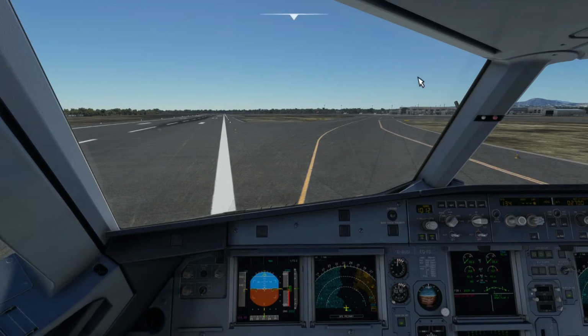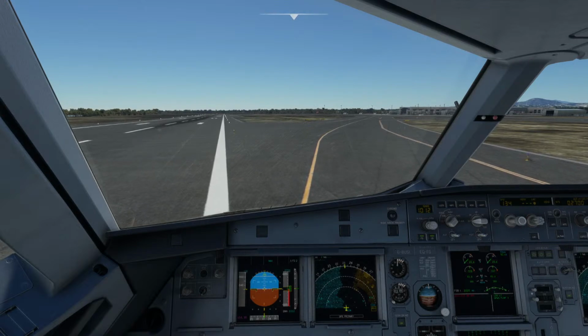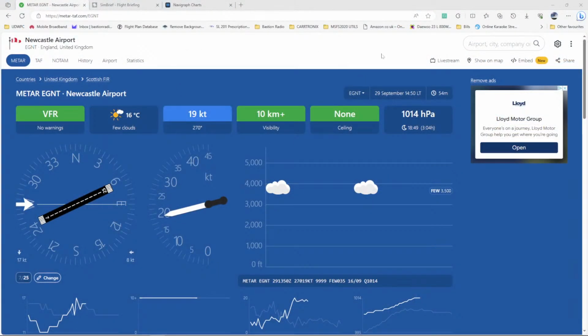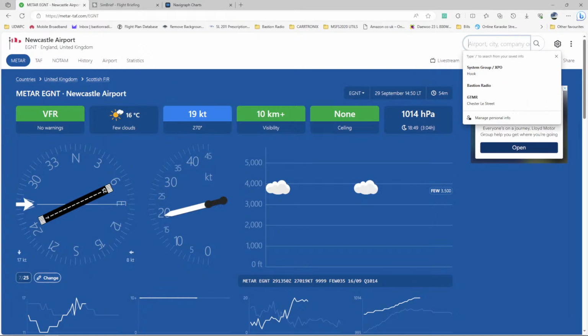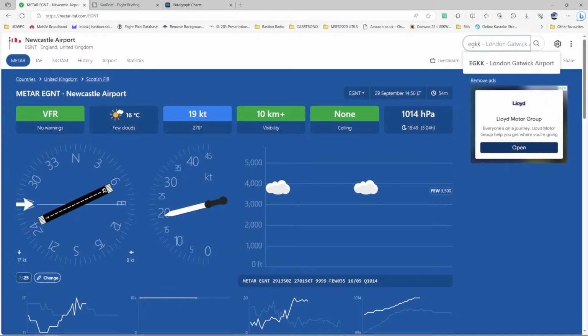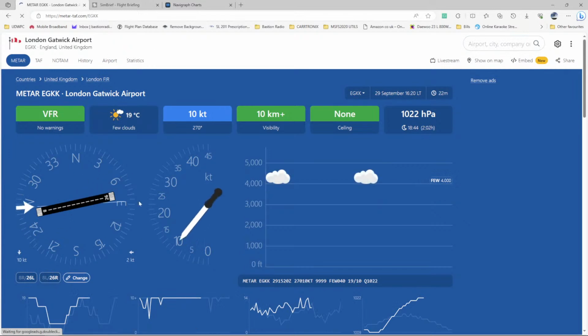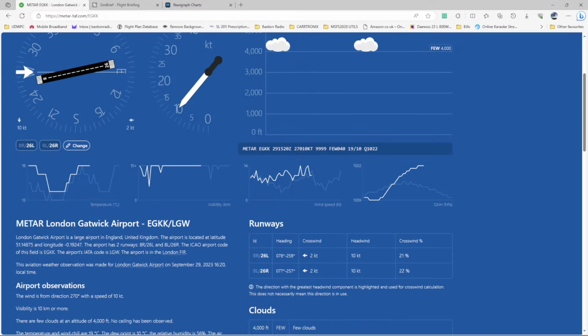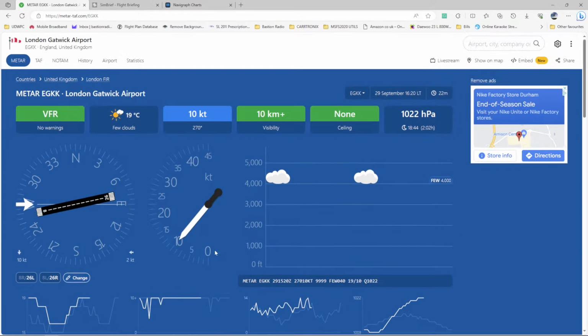Just for a change, we'll go somewhere else. So what I normally do is check the METAR on metartaf.com. So we are going EGKK, London Gatwick. Search that there, you'll get an idea of the runway in use. Normally it's quite accurate. So whenever we're going 26, we're going to go 26 left. 10 knot wind there, a westerly wind, which is good because that'll be near enough a headwind,